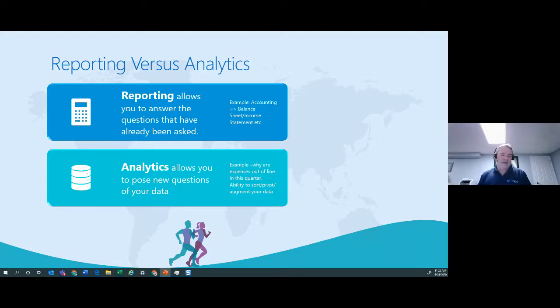But then you have another set of reporting, which is analytics. What analytics allows you to do is drill in on certain aspects of it. With reporting, you may have some drill features. For example, if I'm using a chart of accounts, I might look at, hey, expenses seem a little bit high over here, I drill through and see the expenses associated to them. But that's not really providing me with a whole analytics suite. Analytics allows me to really drill and pivot and get deep into that data set.